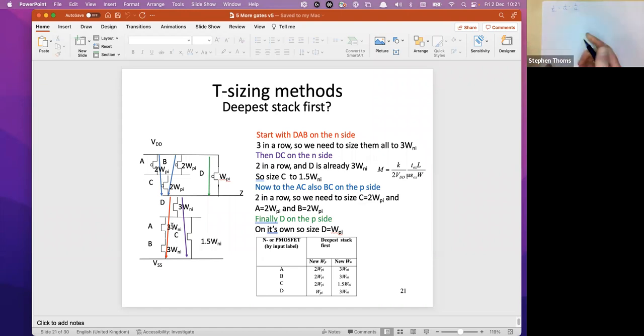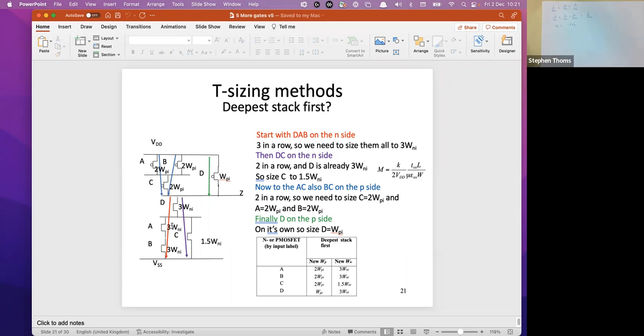And if you wanted to do everything explicitly, you would say 1 over WC equals 1 over WNI minus 1 over 3WNI equals 2 over 3WNI. That's 3 over 3, that's 2 over 3, and WC equals 1.5 WNI, which is what it was on the